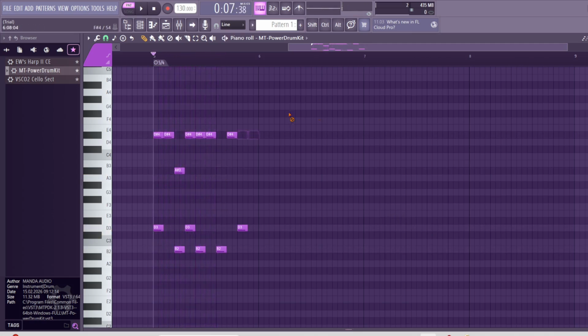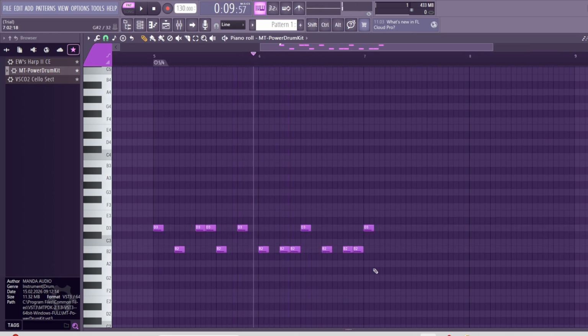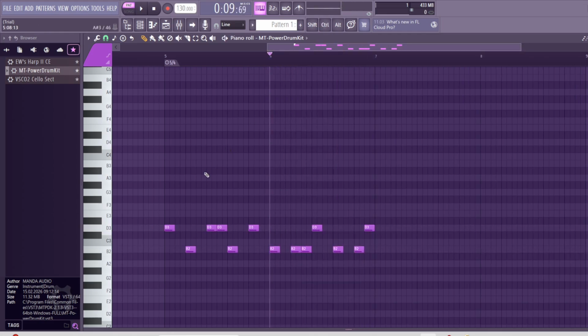No, not good. So as you can see, I just move a bit every note and see what I can get.